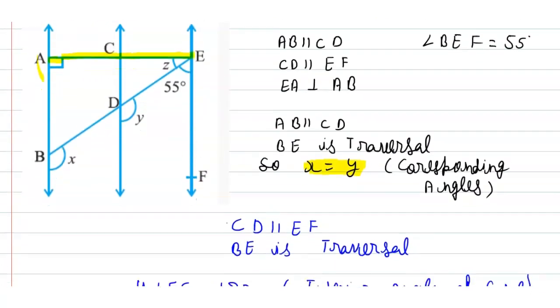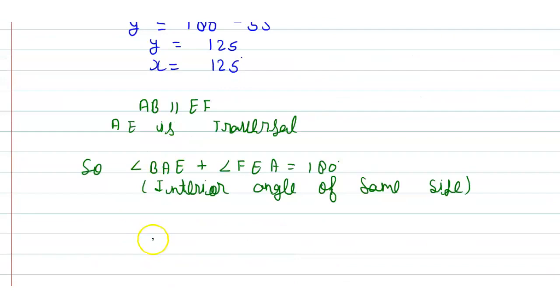So BAE is equal to 90 degrees. So just write here BAE is equal to 90 degrees plus,